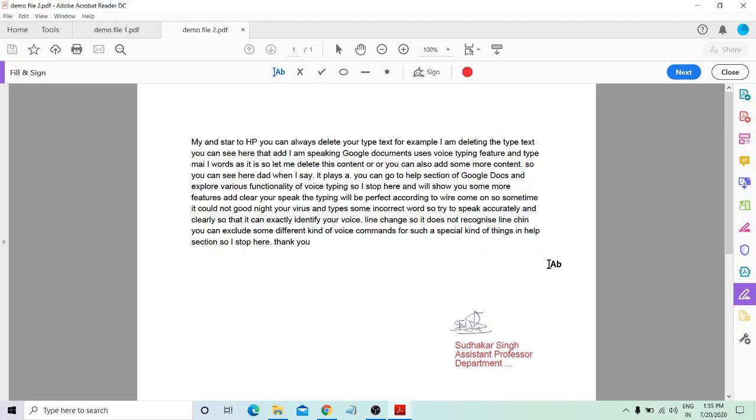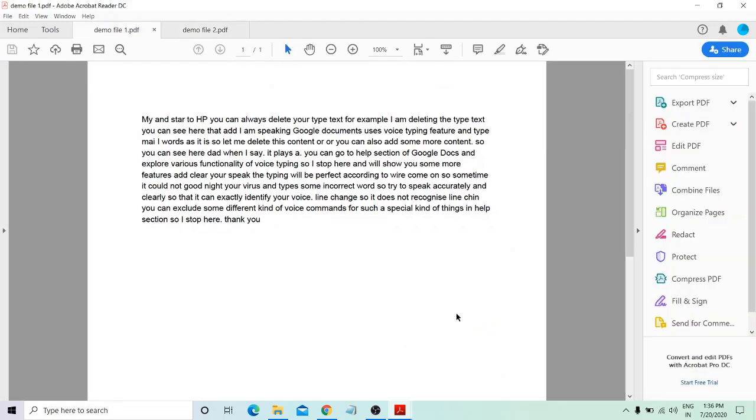So let's discuss how to insert a secured and protected digital signature. A digital signature is a type of electronic signature that encrypts document with digital codes that are particularly difficult to duplicate.